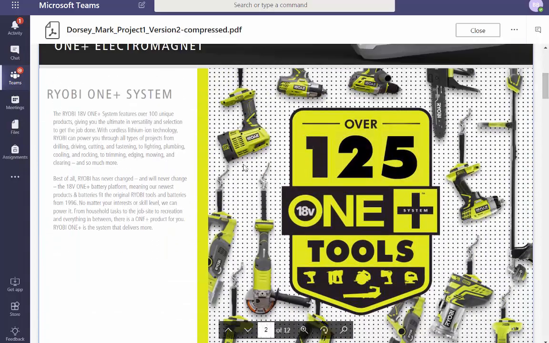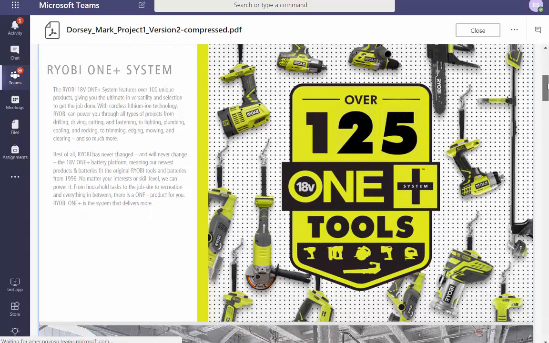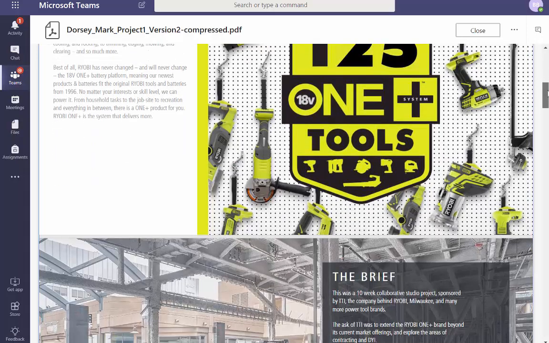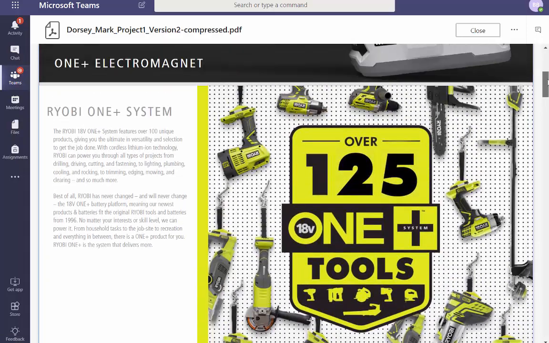Cool. I'm not going to read a word. All I see is Ruby OnePlus system. I feel like you can give me one statement of what's the mission of y'all getting integrated in OnePlus. And I can sum it up because I've seen this project. You're integrating the OnePlus system into more lifestyle brands and extending the product range of Adobe.